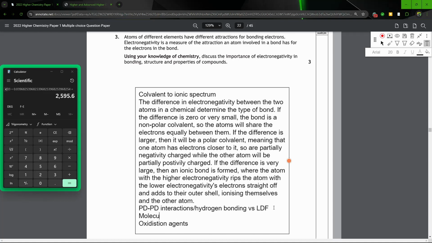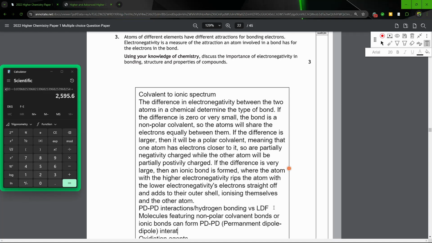Molecules featuring non-polar covalent bonds or ionic bonds can form PD (permanent dipole) interactions with other molecules,